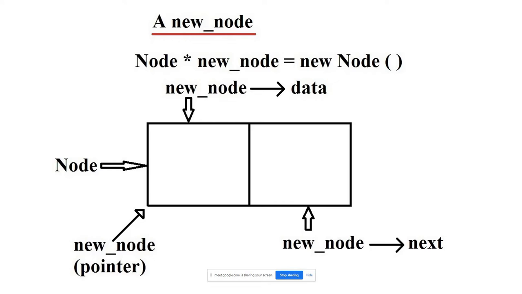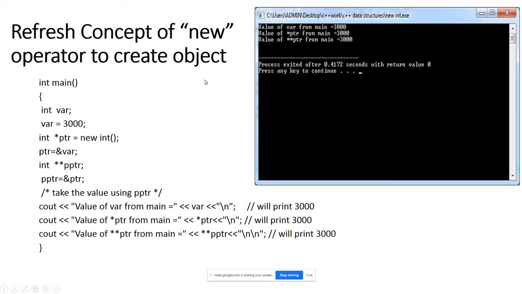So when you create an object of such a class, then you can see the memory looks like that. It has got a data part here and there is an address part here which points to the next address. So next is the place where the address is, data is the part where the data is, and we use a concept called new to create an object from a class. For example,